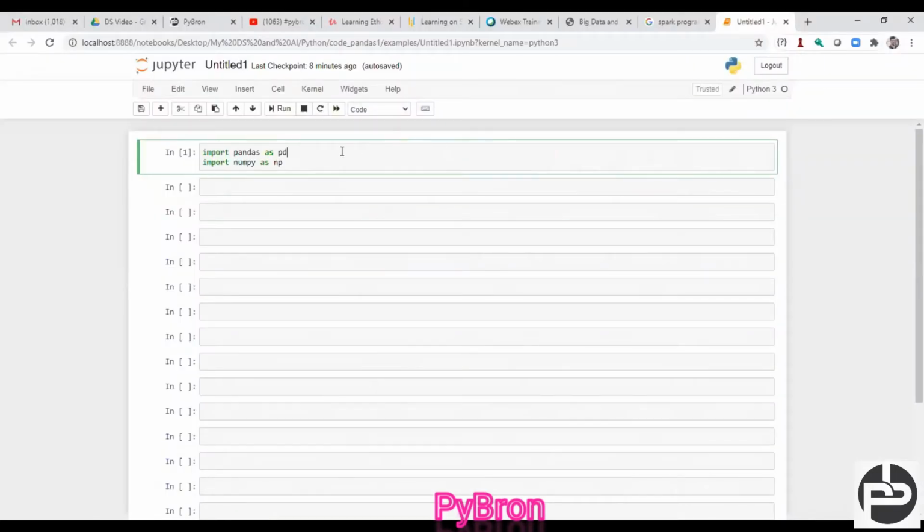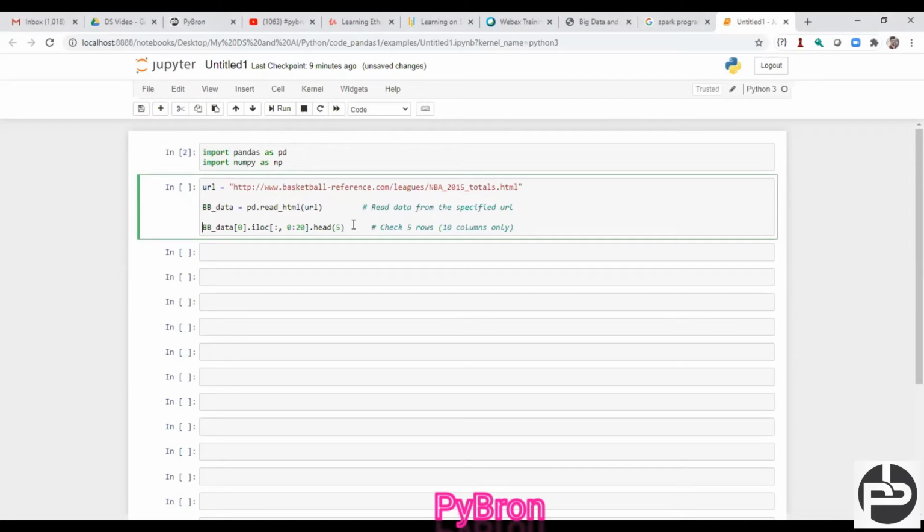So what I did, I just imported the packages like pandas and numpy. These are very common packages. Whether you are in deep learning, machine learning, or data science, whether you are a data scientist, these two packages are very common. Even in the development field, we are supposed to use these two packages, pandas and numpy. And then today we are going to read the data from one of the URLs, which you can say is a kind of API.